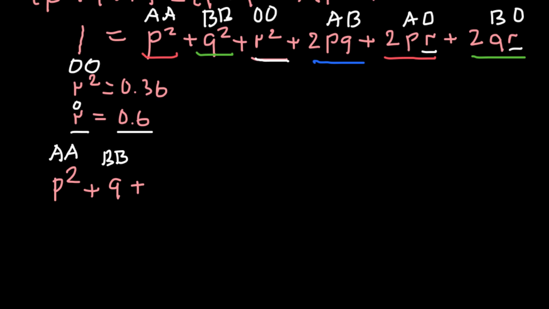Then we add the frequency of the genotype OO, or phenotype O, and we know that this is this number, so plus 0.36 plus 2pq, and this is genotype, sorry, here we have genotype O, and here we have genotype AB, plus